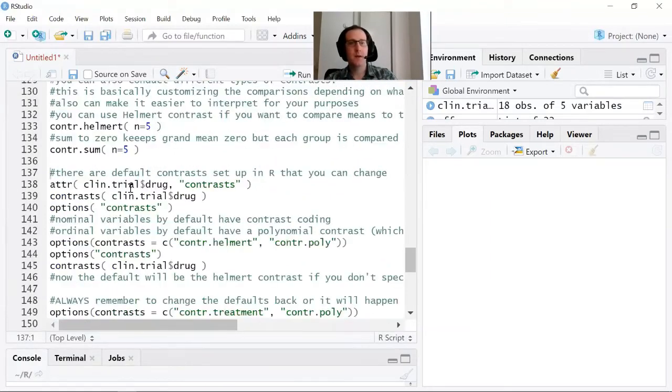So there is a default here that you could change in R. If you always want to have the contrast set up a specific way, you can run through doing this. I'm actually not going to run through all of this manually, but essentially you specify how you want the contrast to be run. And if you don't want the default,